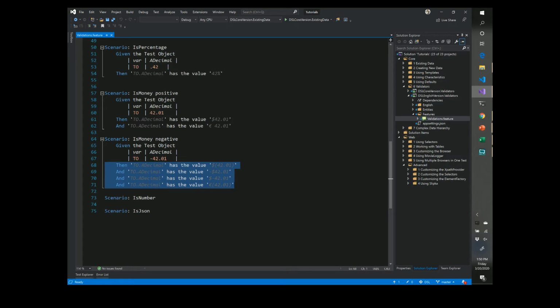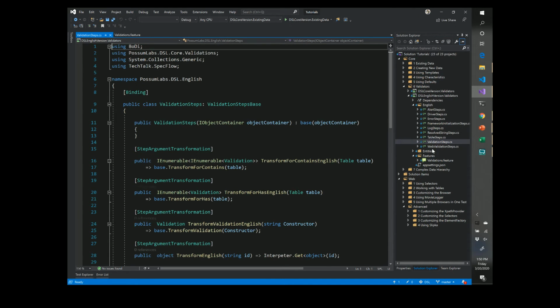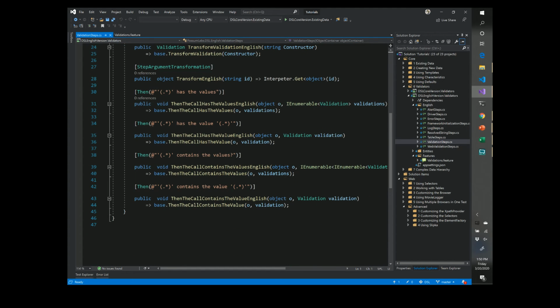There's also validation on the actual web parts, right? So when you want to validate the value of an element on a web page, there's a generic step for that built in as well. As part of the web validations, we'll cover that in a later tutorial. And what actually ends up doing the work for this is as follows. Inside of the English project, we have this validation steps, and down below you'll find then blah has the